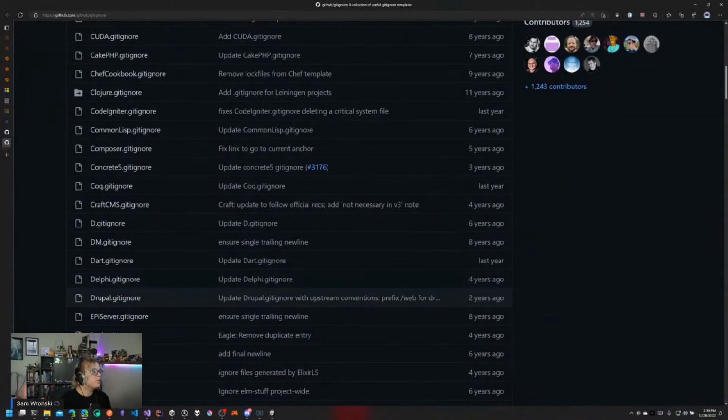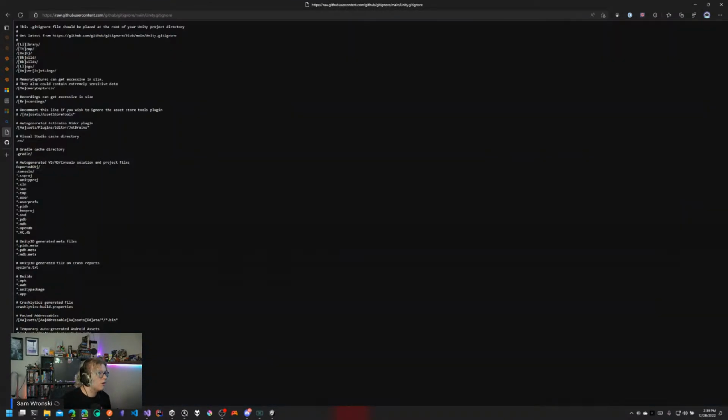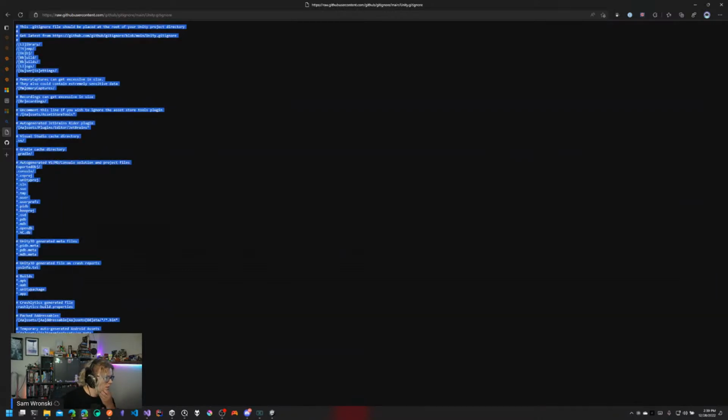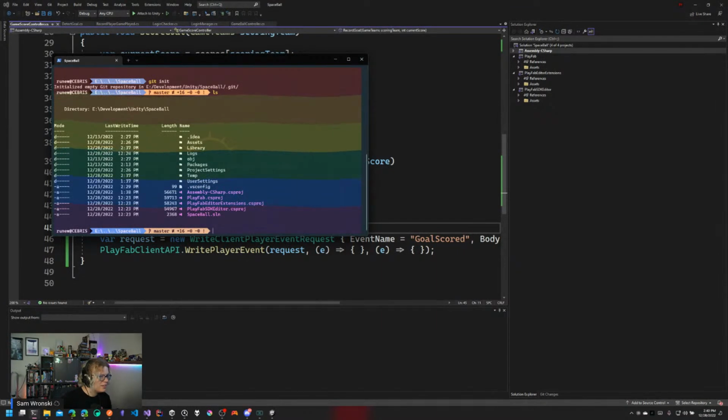So even if you've already created your project and didn't use the add git ignore feature when creating a new repo in GitHub, you can go and find it here and use that to add it later. So let's go and do that quickly. Let's grab the raw version. There we go. And then inside of here,